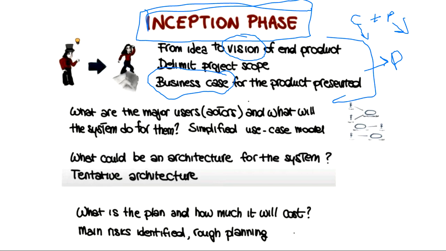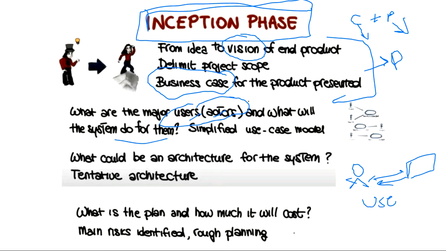Then, what are the major users or actors, and what will the system do for them? If you're trying to make this Domino's delivery system, users or actors means those who are participating in it. For example, there will be the end user and there will be Domino's. They are the users, and how they are interacting, everything. This is basically a use case diagram, but we are not creating the UML diagram here. We are just writing a very small use case. In the next phase, the elaboration phase, where the actual analysis part comes, we will make the full use case diagram or the full activity diagram. Here we are just trying to write some small use cases. That's why I've told you.